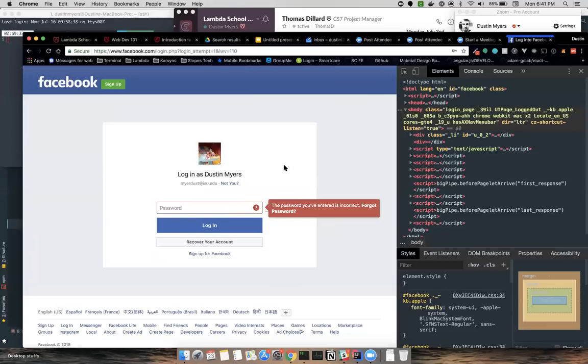So it's the JavaScript saying, okay, input, there is an error here, so apply the warning CSS styling rules to this input.